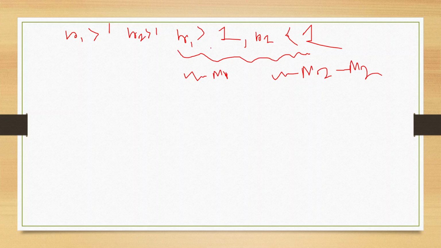Okay, fine. So suppose we are taking this condition where R1 is greater than 1 and R2 is less than 1. So whenever we are going to make the polymer, what happens? As R1 is greater than 1, initially most of the M1 will be consumed. When M1 concentration is high, most of the M1 monomers will be consumed initially. So at the initial stage, we will get a polymer something like this where M1 composition is